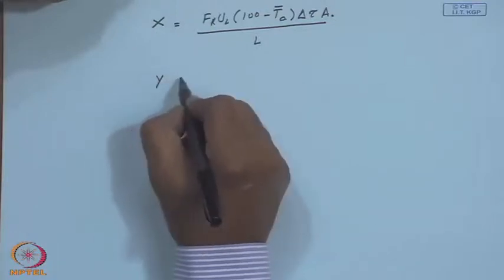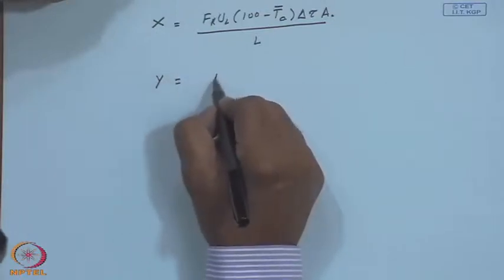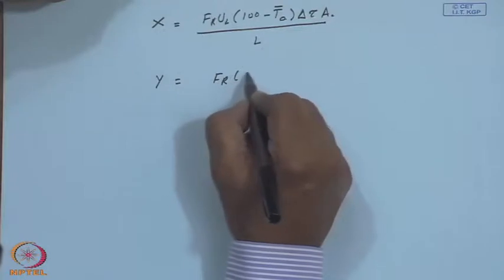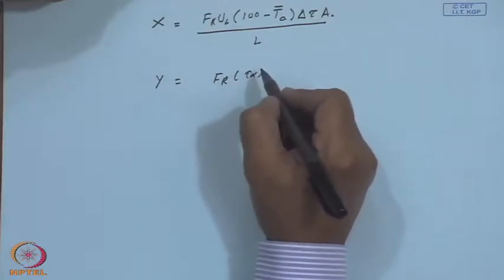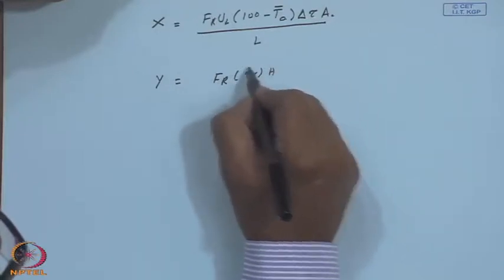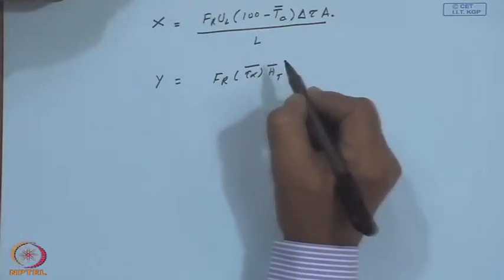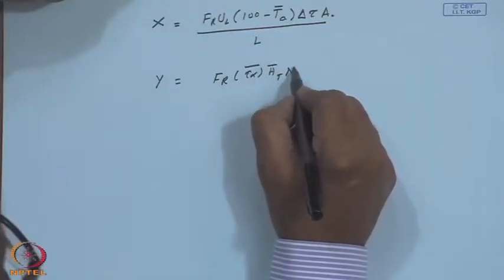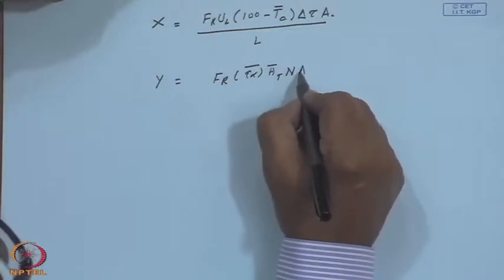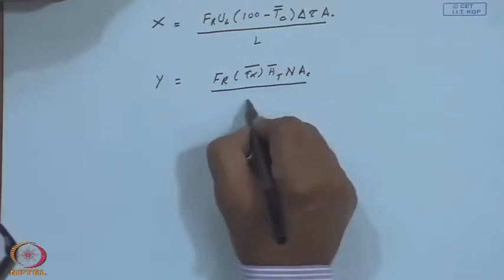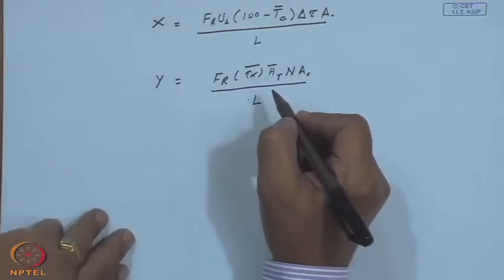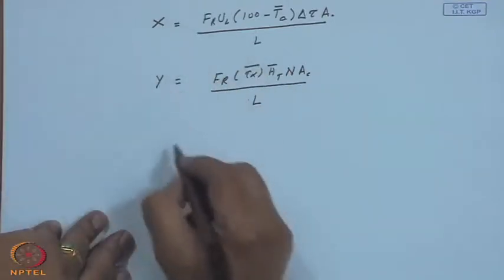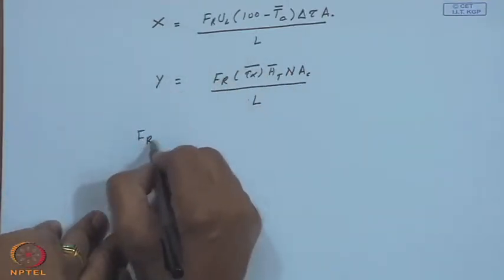Similarly, y, the non-dimensional absorbed energy, is FR multiplied by the monthly average transmittance-absorptance product, into the monthly average daily tilted radiation, multiplied by the number of days in the month and the area of the collector, upon the load. Of course, FR is the heat removal factor,